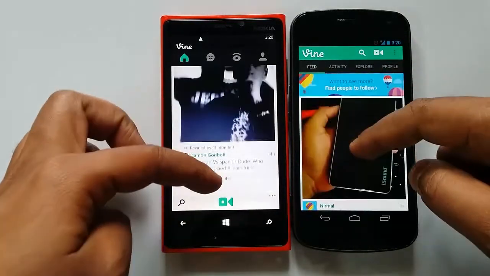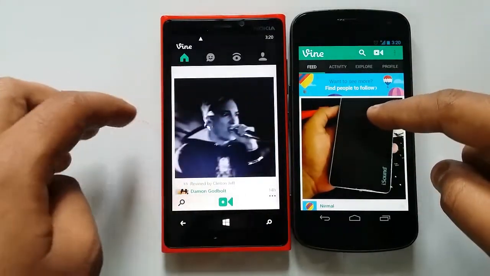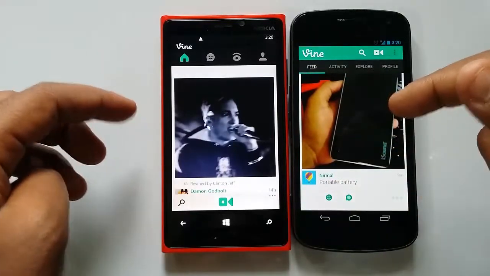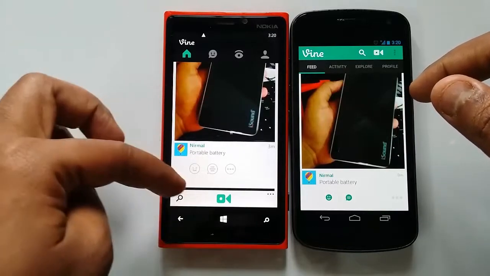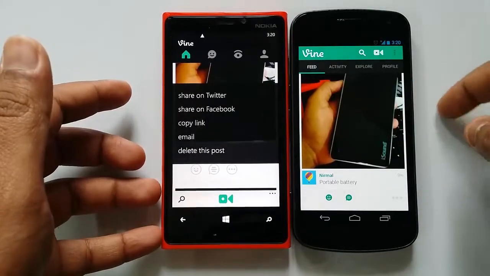You can see the option to comment and like the photo. Similar way you can see here as well. You can see the option to comment and like the video.